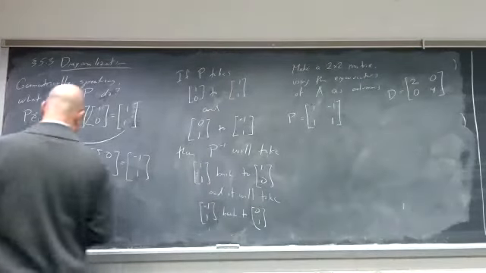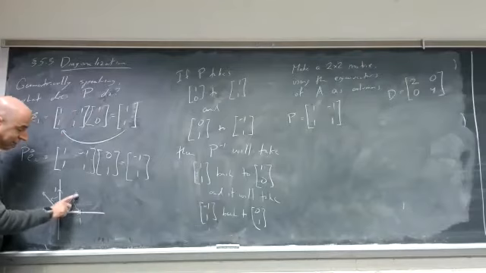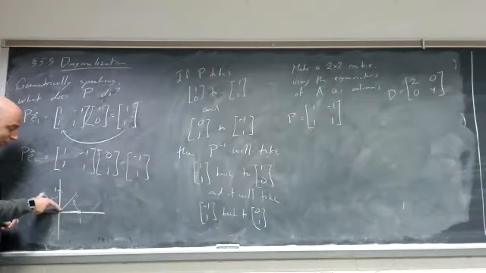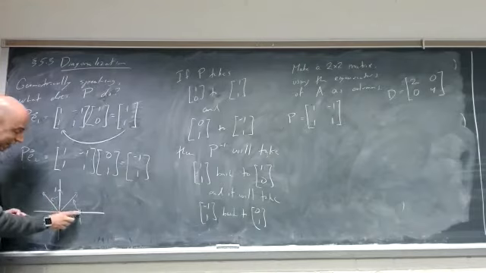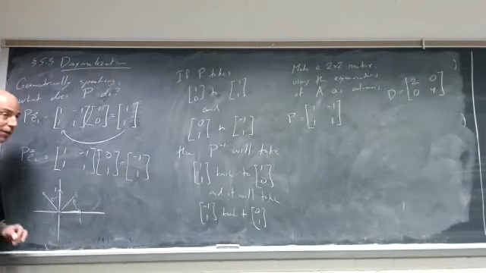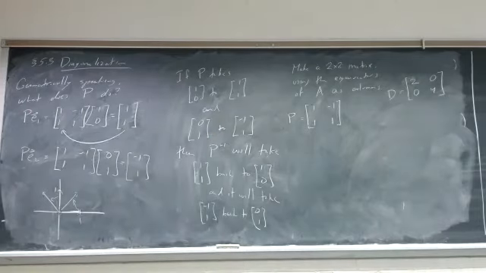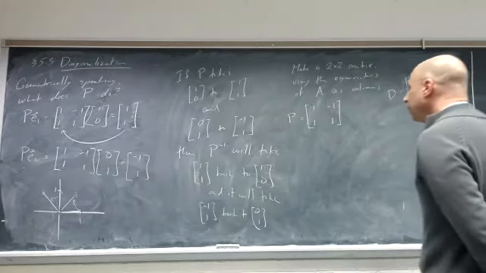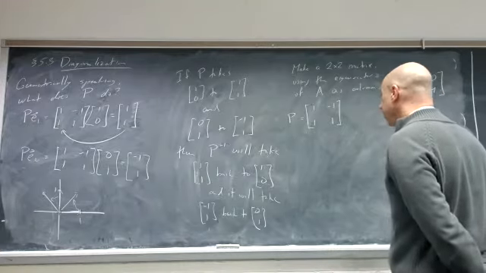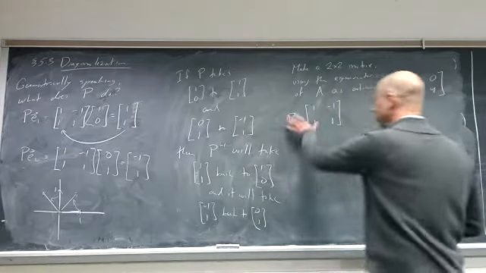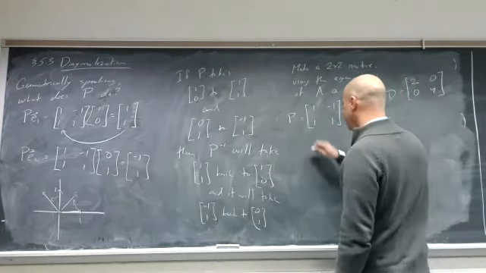So A takes this vector up here, and it takes this vector over here. A inverse is just going to put this vector back down here. It'll put this vector back up here. Everybody with me so far? Let's go ahead, just take a moment and compute P inverse. You know how to compute inverses. So to get P inverse,